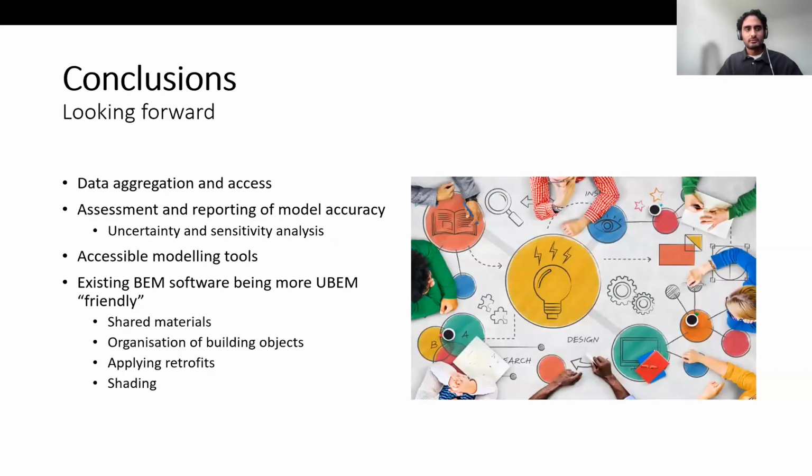And just some final remarks looking forward. So data, I mentioned, is a big problem, but aggregation and sharing could help with this immediately. So data sharing amongst private organizations, government bodies, and utilities companies could improve the availability, the coverage, and the quality of data. And sometimes, even if the data exists, it may be inaccessible to the researchers, or it may be scattered in a number of different sources. And this makes it quite difficult to match building to building.